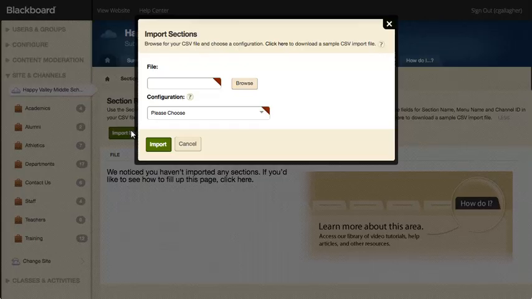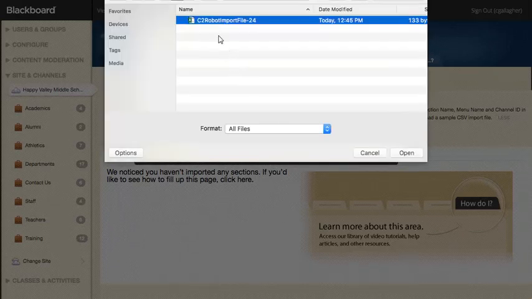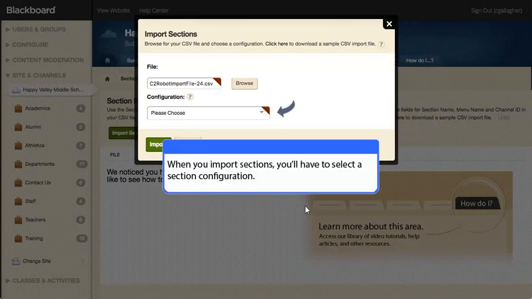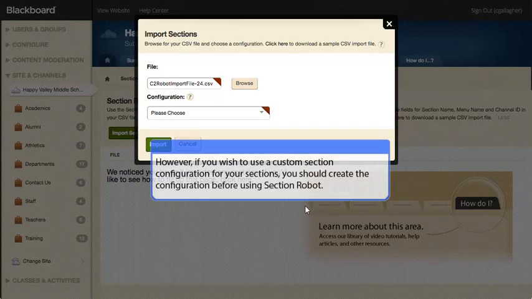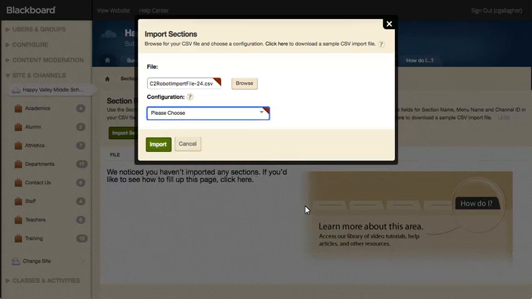In the Import Sections window, we'll first select Browse to navigate to our CSV file, and then select Open. When you import sections, you'll have to select the section configuration. That configuration can be a default configuration provided in SchoolWires. However, if you wish to use a custom section configuration for your sections, you should create the configuration before using Section Robot. For this example, we'll select Middle School Teacher Section Configuration from the drop-down list,